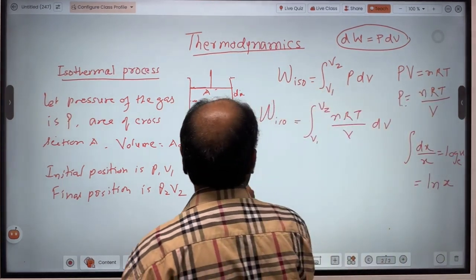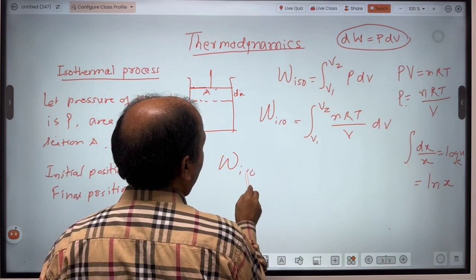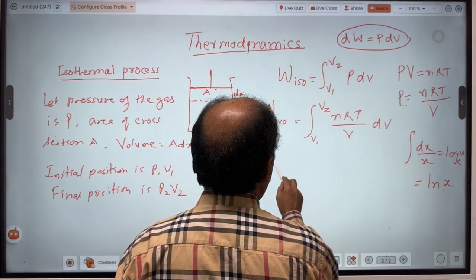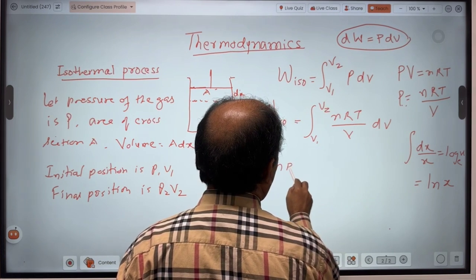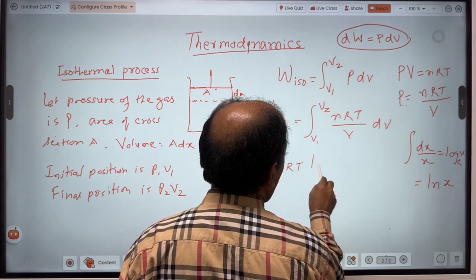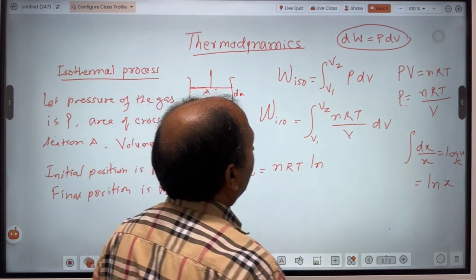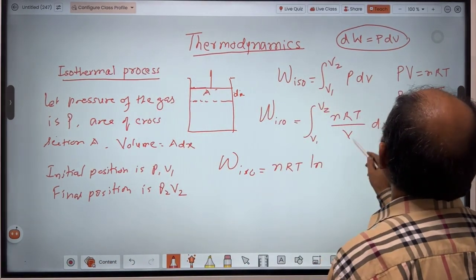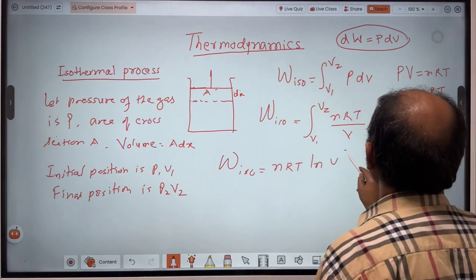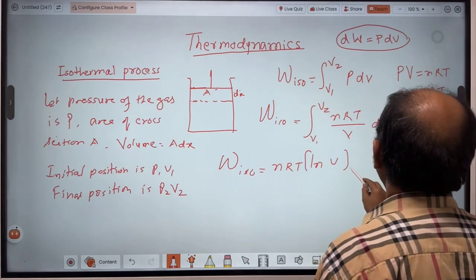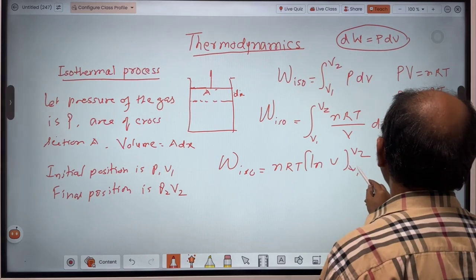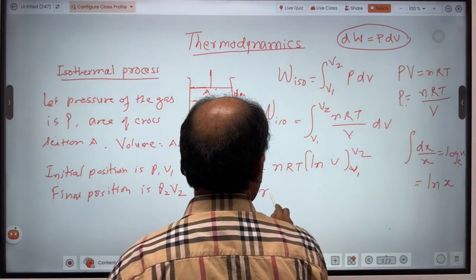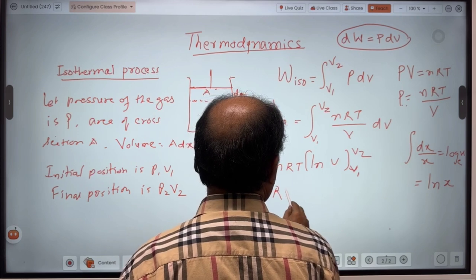So here we can write W isothermal is equal to nRT ln, and here the integration of dV upon V gives ln V, with limits V1 to V2, right? So this will become nRT